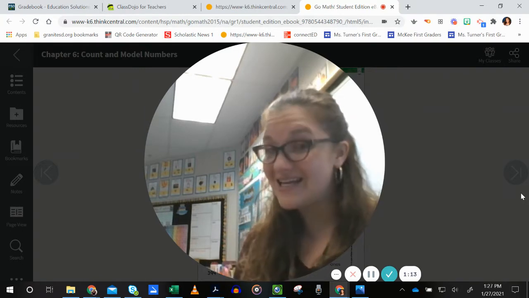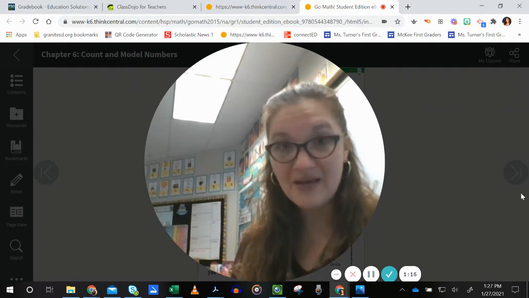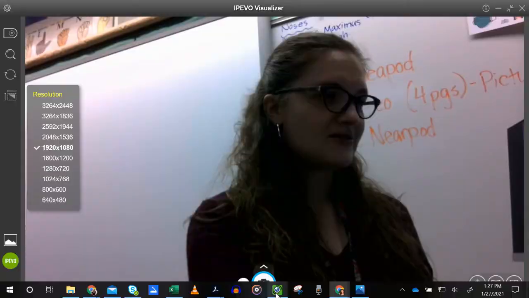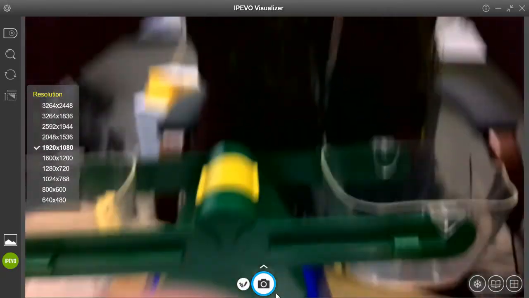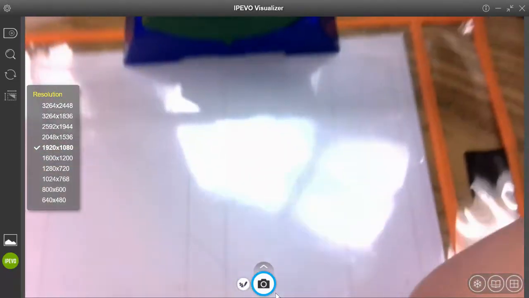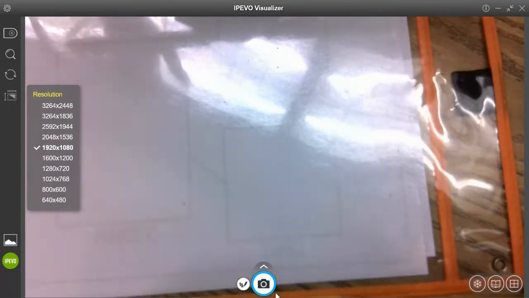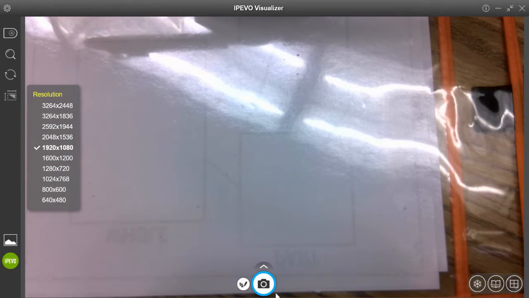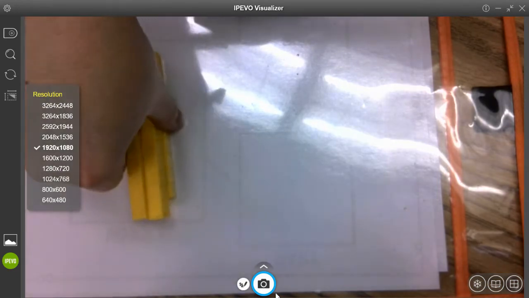Okay, so that's my little song that helps us know how to find the greater number. If you were listening, you heard that I said we start by comparing both the tens. So let's look at some examples. Okay, so I've turned my camera a little bit different way because we're going to use our scales, but I'm going to start right here